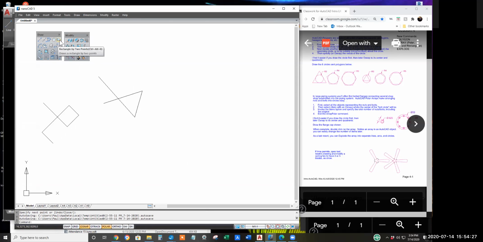Instead of being on a flyout with rectangle, it's a separate icon. So let's do the pentagon at the top of page 4-1. I'll click the NanoCAD polygon icon. I should have made the circle first. Specify 5 for the pentagon.